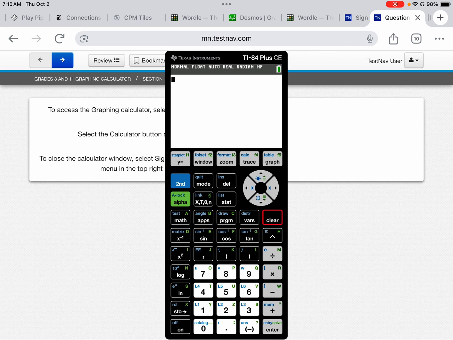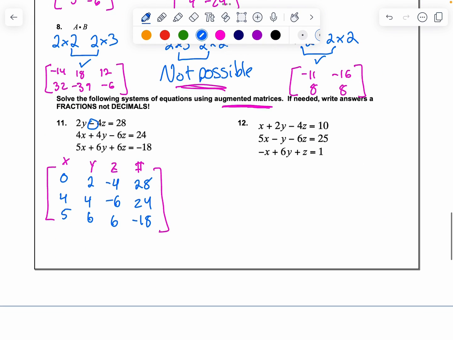So the way we solve using this augmented matrix, we hit second matrix, go to math, and then scroll until you see RREF. So it needs 2 R's. Then inside that, we're going to put our augmented matrix, which I stored in A. Then we hit enter, and there we go. So as long as you see those ones across the diagonal, those zeros, the final column, that is your answers. So for my answer matrix,